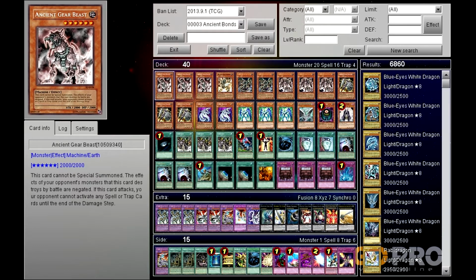September 2013 format. And this is a very fun little deck that I love playing with. It's my Ancient Bonds deck. Barely anyone plays Ancient Gears, let alone Ultimate Ancient Gear Golem anymore, so let's revive it a little bit for